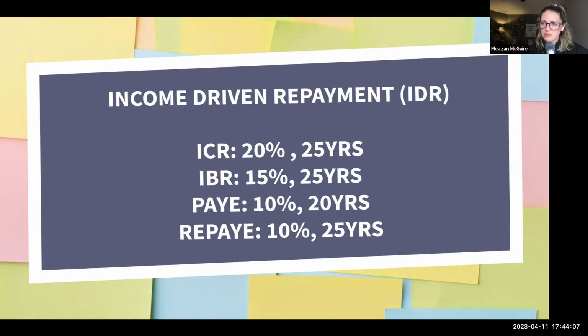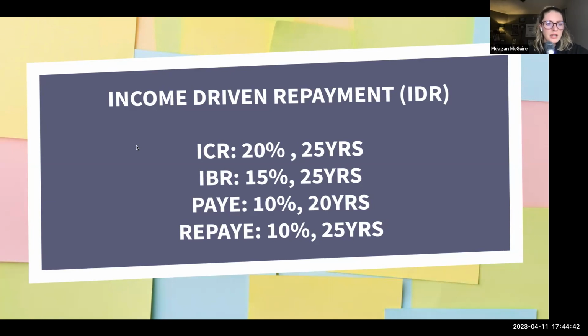So that's sometimes the strategy we have to figure out, which repayment plan is best for your specific situation based on what you're eligible for, what your marital status situation is. Does your spouse have student loans or not? So it can get kind of confusing. It's not a simple answer as far as which plan, everyone should be on repay or everyone should be on pay. I can't really say that because it depends on a lot of different factors, but generally we want to be on the cheapest one for your specific situation.